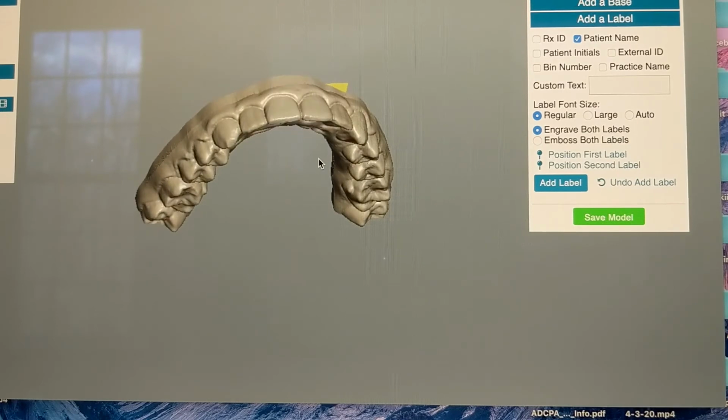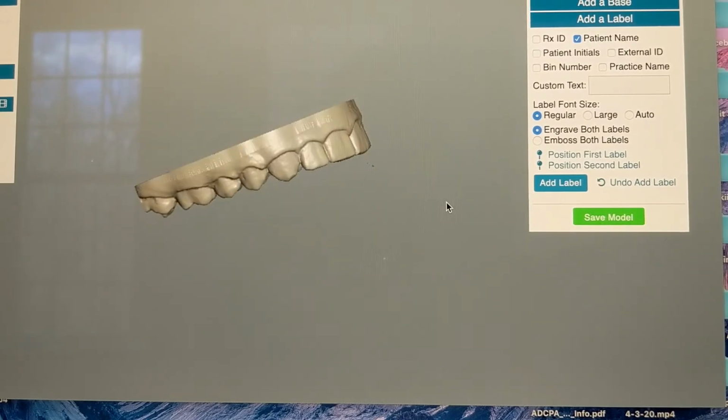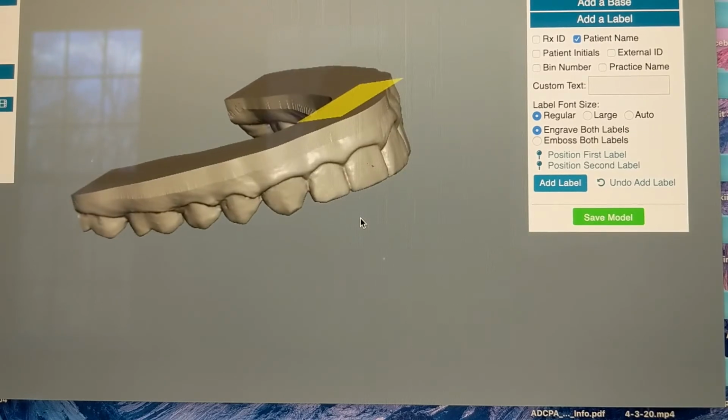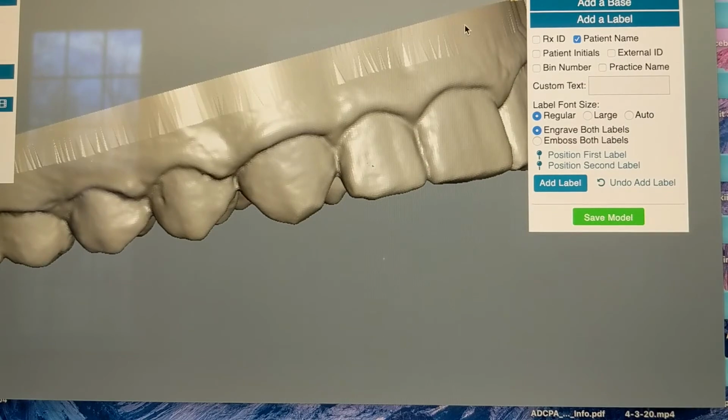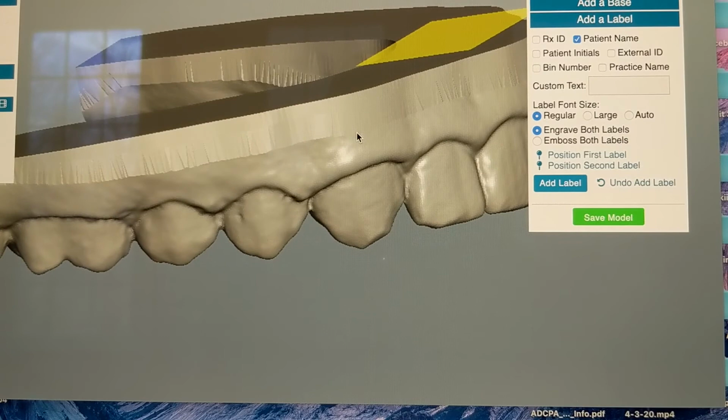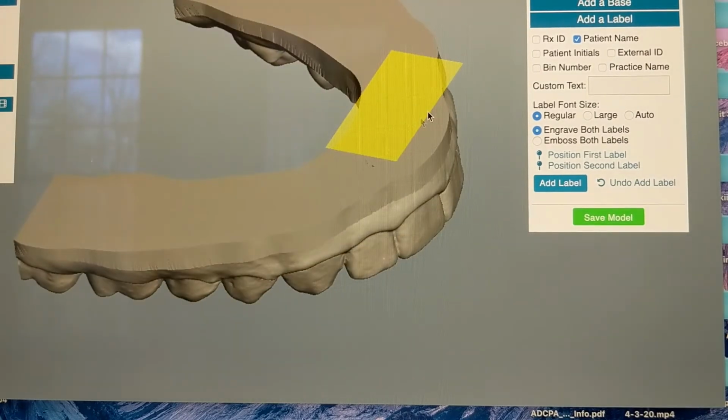Okay, so you see it added a solid base to the model. Let me zoom in a little bit. You can see where the gingiva looks normal right here, and then this looks kind of striated or artificial. That's where everything above here in this area was trimmed away, but it was made flat too, so it's a nice flat base that you can put on the printer. There we go. This yellow box, this doesn't usually show up. This just means this area is tooth. You can't put a label there,